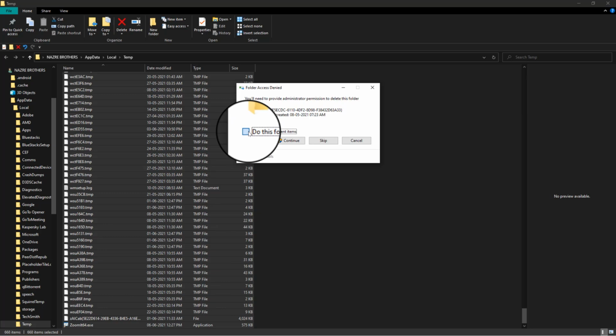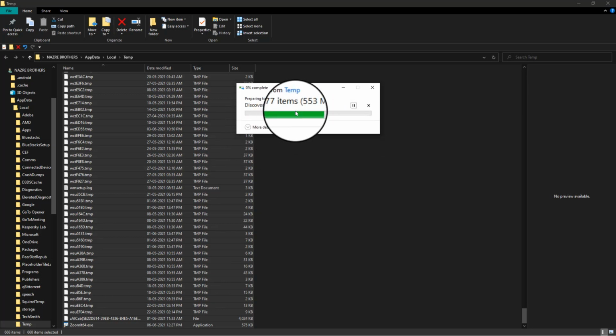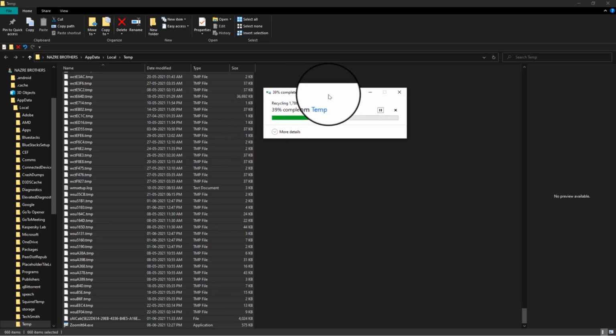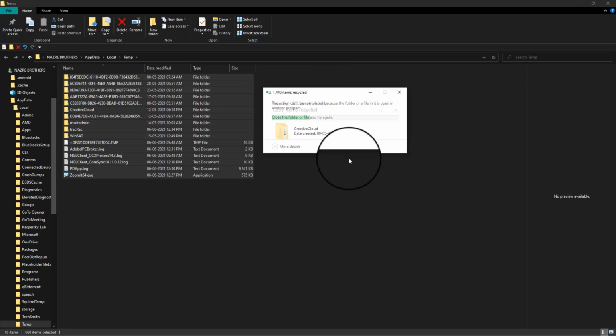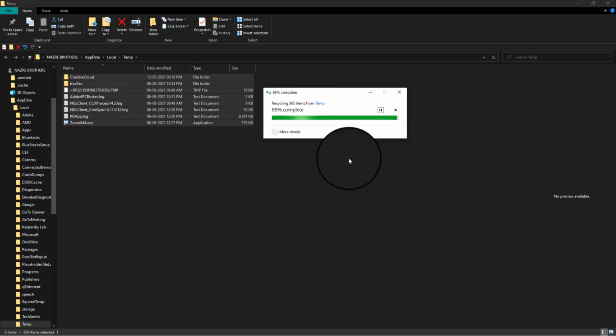Do this for all current items. Continue. Some files won't be deleted because they are open somewhere in the background, so you need not worry about it. Do this for all current items and skip them.